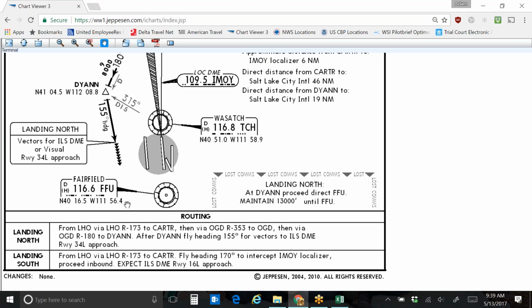they'll usually say something like, expect a base turn in 2 minutes or something like that. They'll usually give you some sort of a time element, like you're just going to keep flying straight until I tell you. And then when they're ready for you to turn, and when I say turn base,